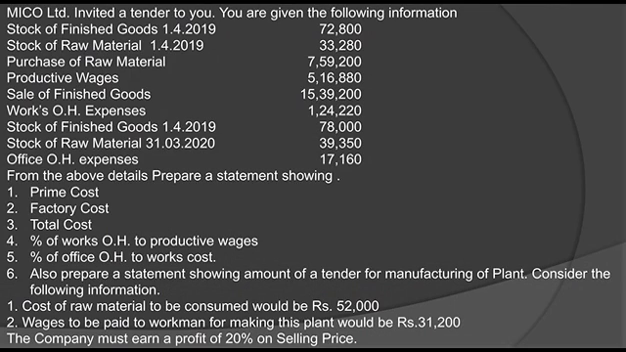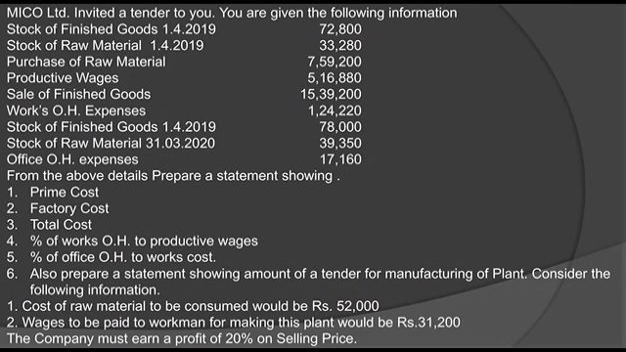Consider the following information. First point, cost of raw material to be consumed would be rupees 52,000. Wages to be paid to workmen for making this plant would be rupees 31,200. The company must earn a profit of 20% on selling price. So dear students, in this question, they have asked us to prepare a tender, and for preparation of tender,